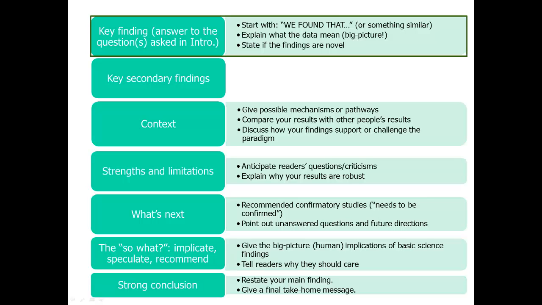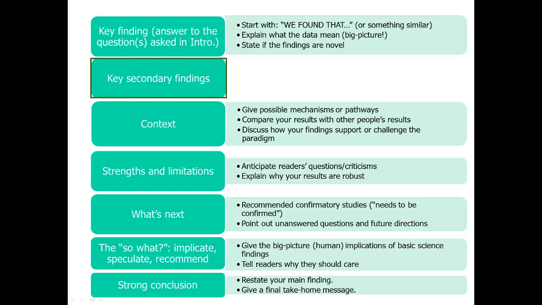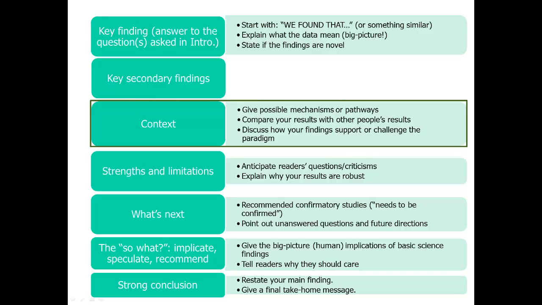You want to clearly and explicitly state if the findings are novel. You want to point that out for your readers. You may also have some key secondary findings. Oftentimes we do a study to find one thing and we find some other interesting findings in the process. So then you might state those other key secondary findings. So you're going to give your findings and then you're going to put all of that in context. So this means here's where you can get to some detail